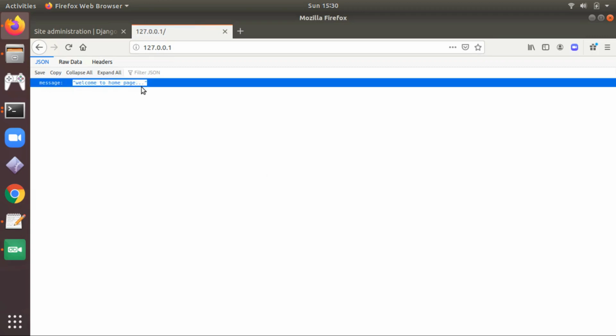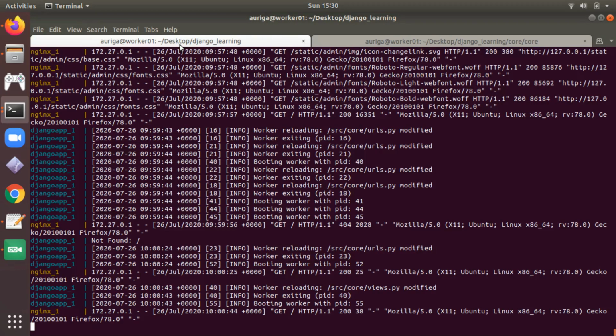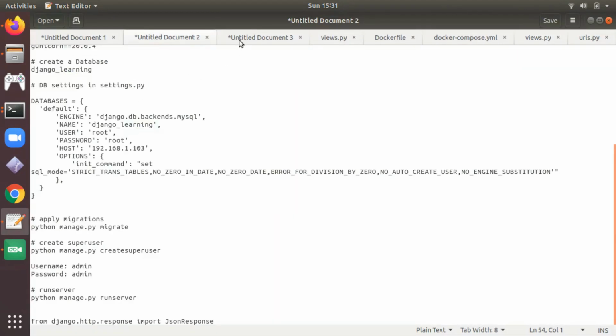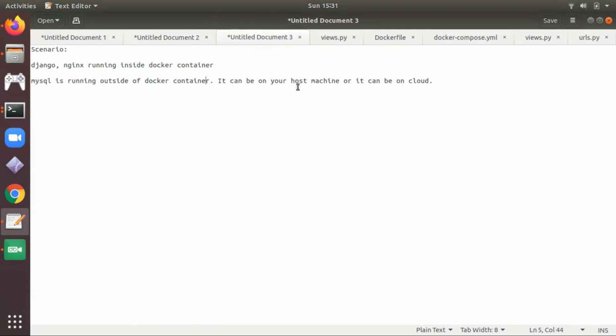You can see as soon as you make some changes, the changes are reflected, and your application is also running inside a Docker container like this. One more thing to show you, that your Django is running inside a Docker container, and MySQL is running on the host machine.